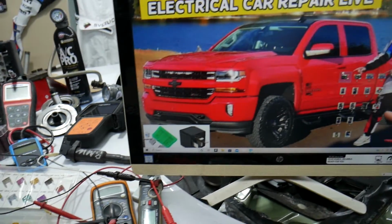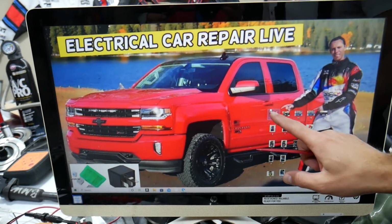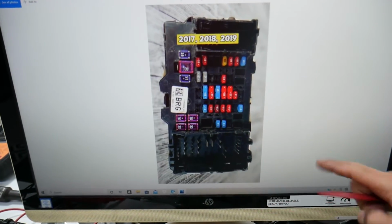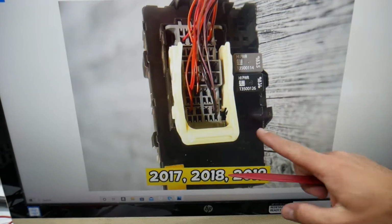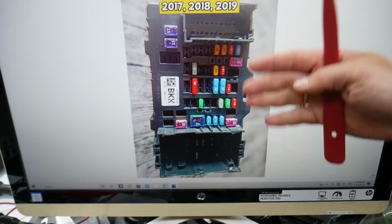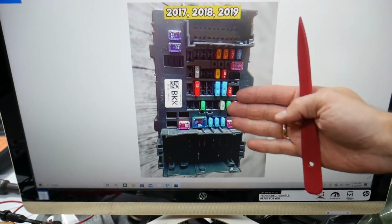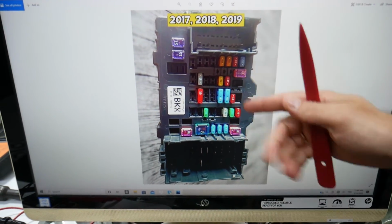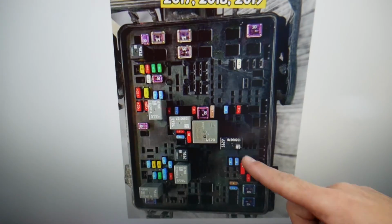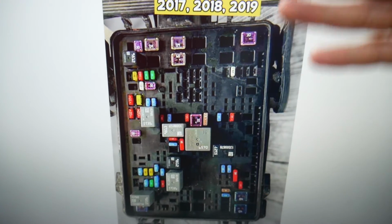Now, guys, you have all kinds of different fuses and relays in that Chevy Silverado. Some could be really hard to find, especially if you're in the middle of nowhere. One time we needed a replacement one, we couldn't get one, and we were stuck in the middle of nowhere because of that. So what we do now, we always get some spare fuses and relays and keep them in the glove box for peace of mind. That way you do not get stuck in the middle of nowhere